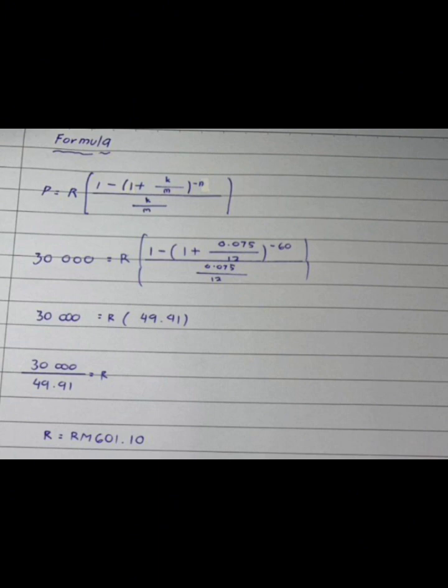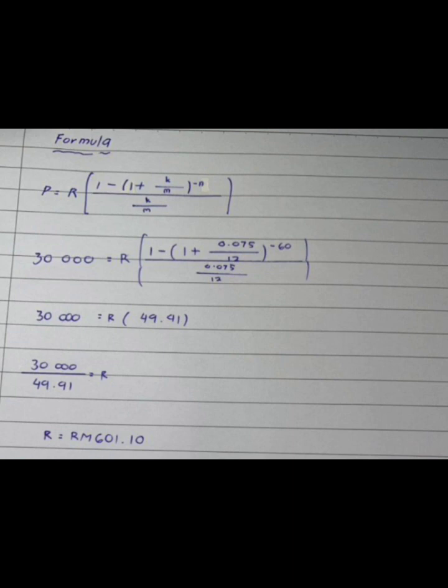And the solution we got, the principal is 30,000 equal to R open bracket 49.91 and then close the bracket. And then the solution is